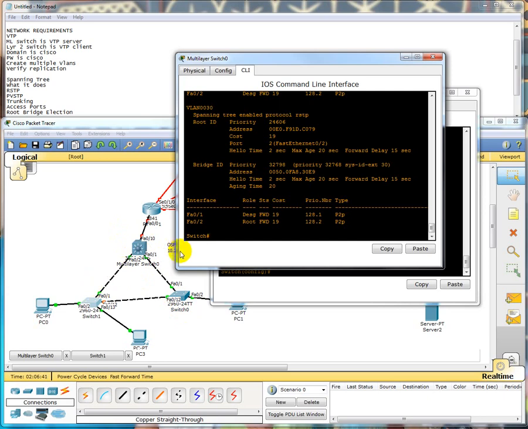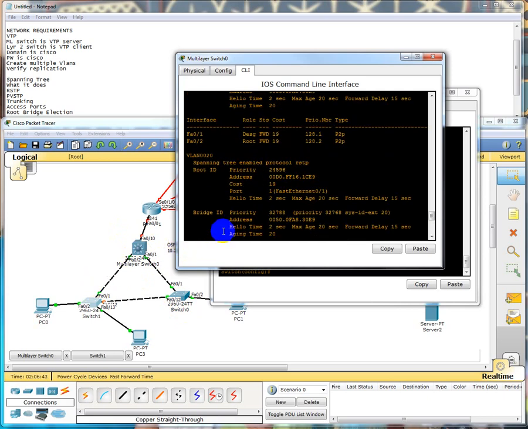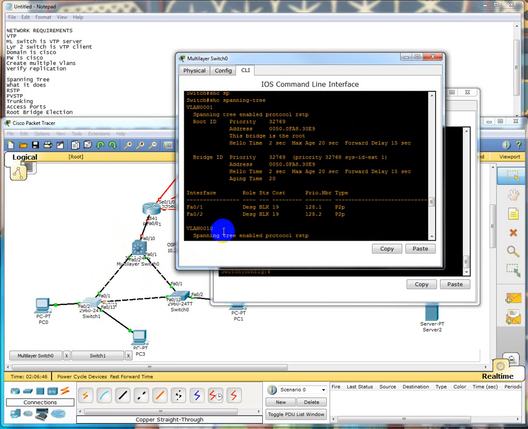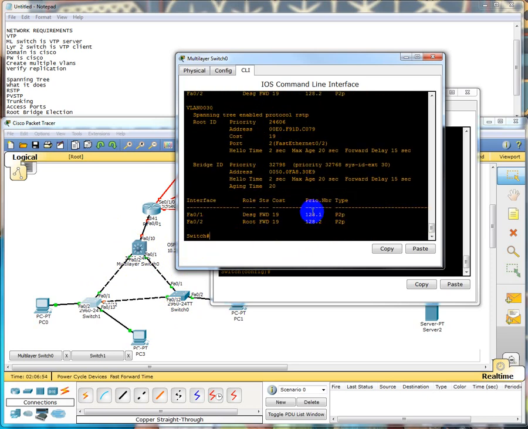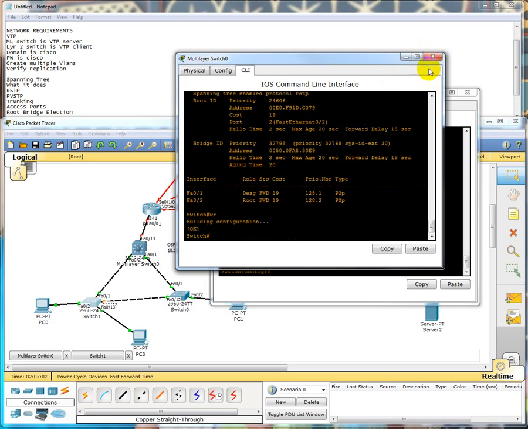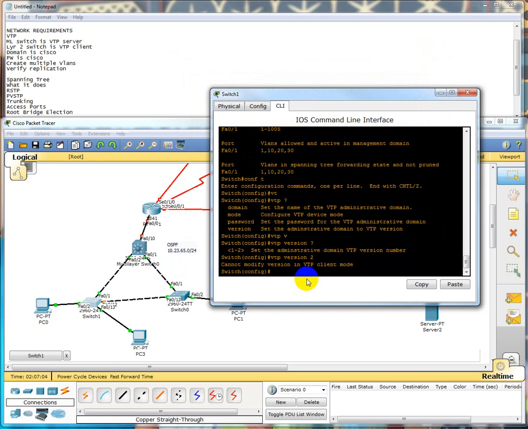So yeah, that's why. And this guy might be the root bridge for VLAN 1. And it is. This guy is the root bridge for VLAN 1, which is how you would want it. But I just wanted to configure that, and that's about it. So I'm going to do a write to this guy, and a write, and type in end,